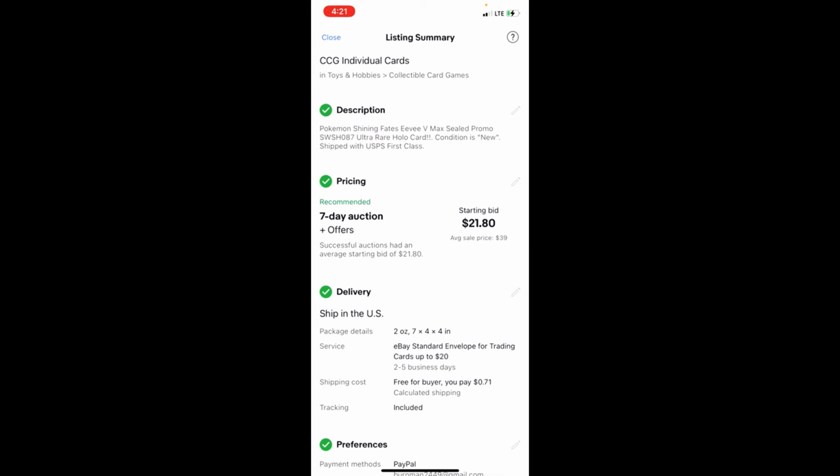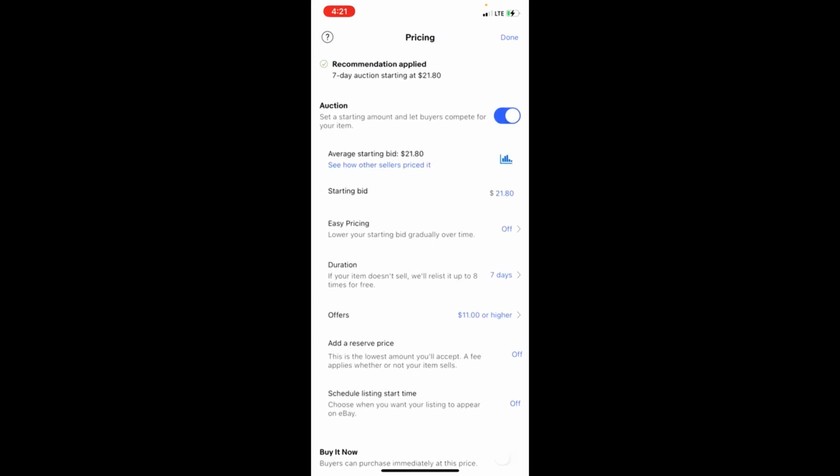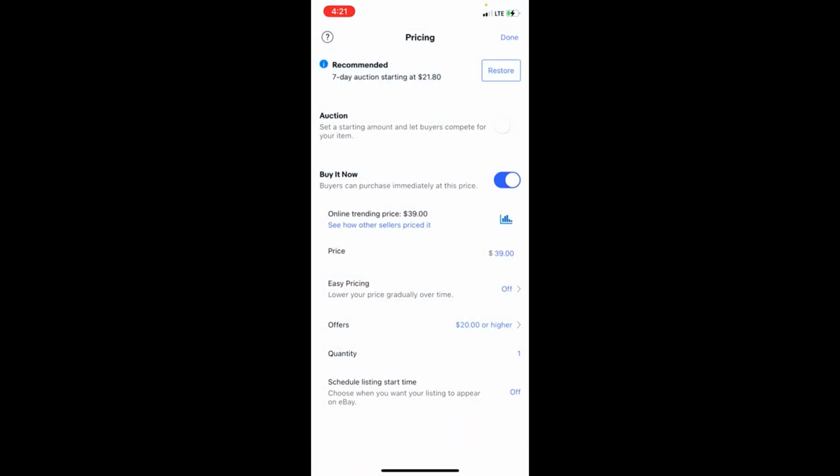Up to pricing. We have something already recommended is an auction. Personally, I don't want to sell this item as an auction, so I'm going to sell it as a buy it now price, a flat price. So we'll turn off the auction button and we see buy it now. They recommend us trending price at $39. That doesn't seem correct. Okay, so sometimes their recommended prices are kind of all over the place. I wouldn't base your